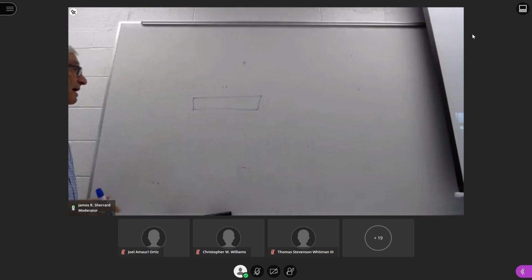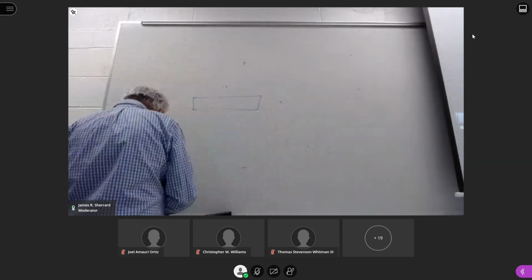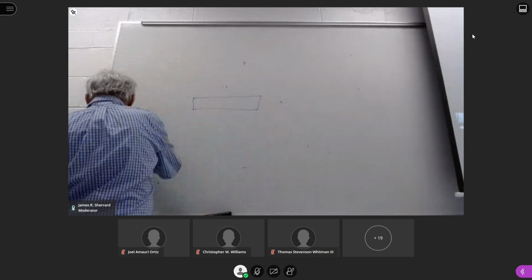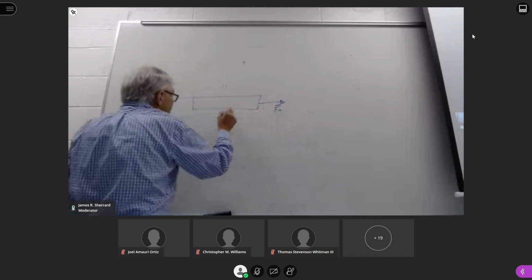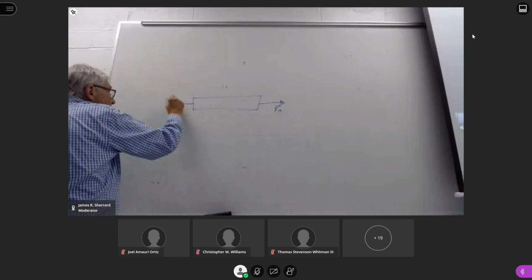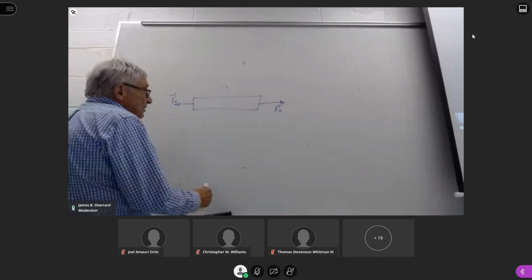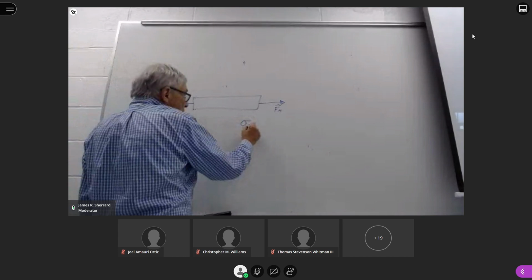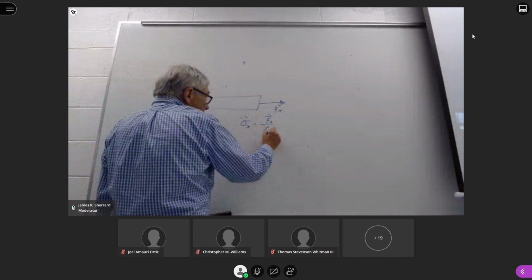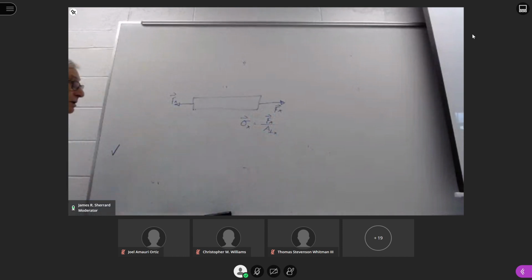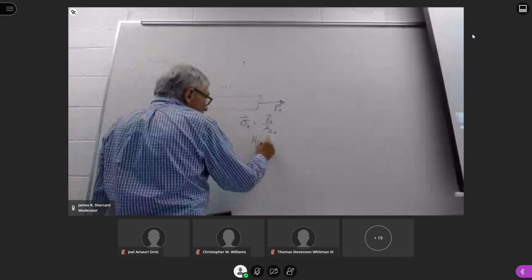If you remember from before, if we have a beam or a bar and we put it in axial loading, we know we can find the plane stress, which is defined as the axial force divided by the area that's perpendicular to the x-axis. We also know from Hooke's law